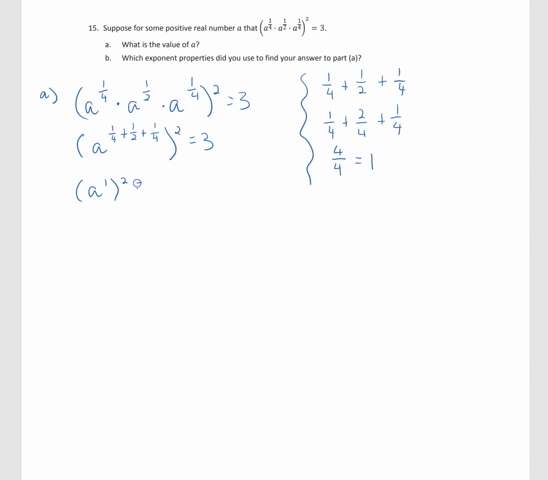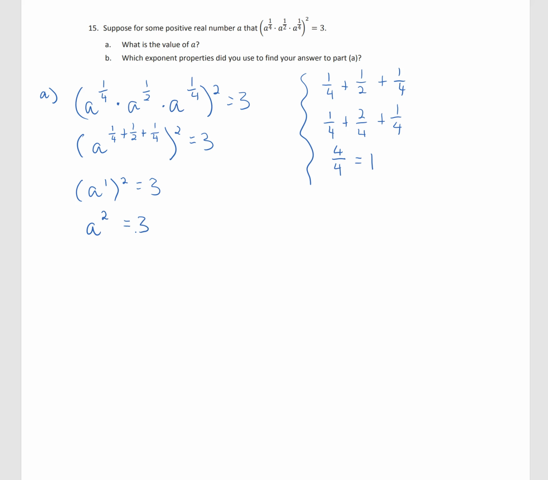That's to the power of 2 equals 3. A to the power of 1, of course, is just a. So we would have just a squared here. We can also think of this as we would multiply these two exponents. So 1 times 2 is just 2. And either way, this simplifies to a to the power of 2